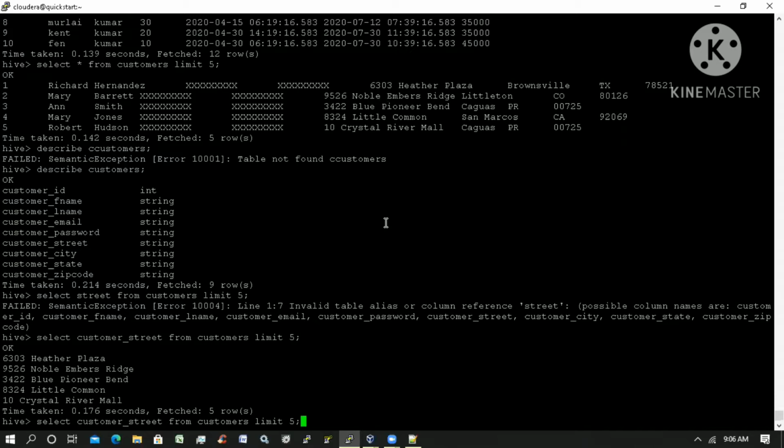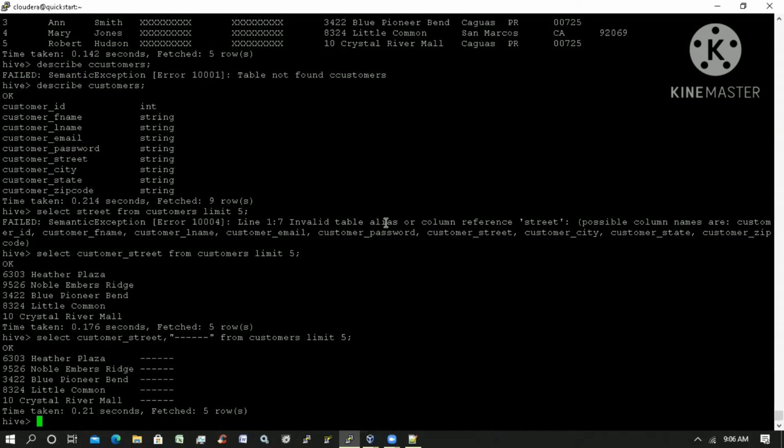From the street address, I want to fetch only part of it. I'm appending some data for understanding purposes. What I'm doing is substr, and the column name is customer underscore street.